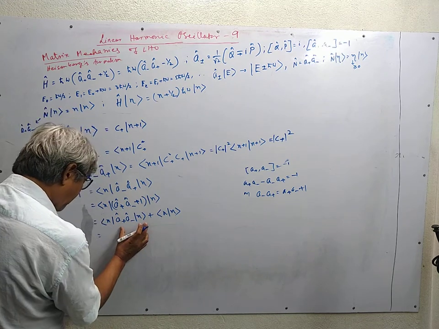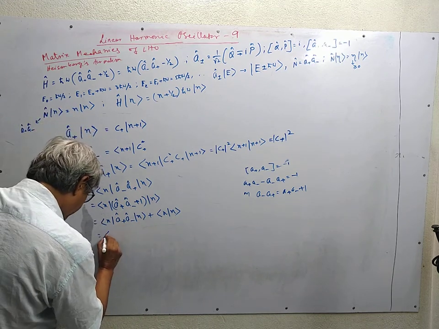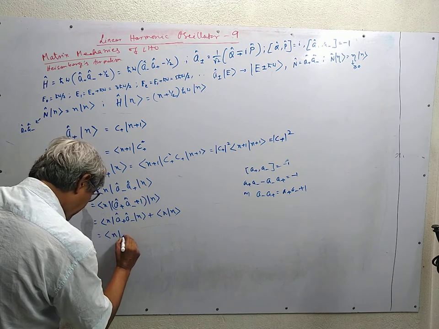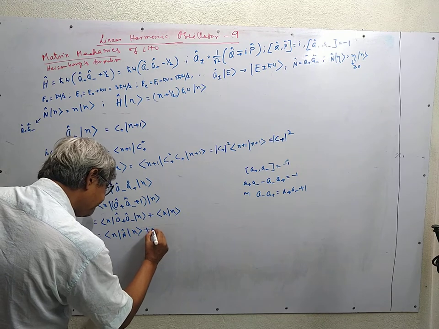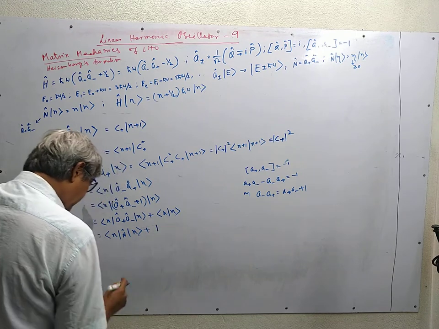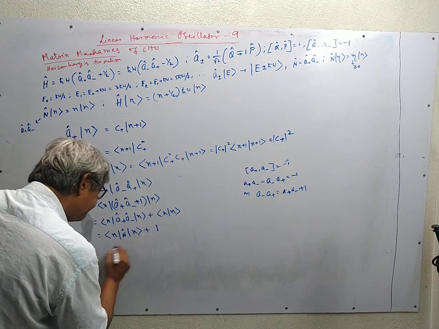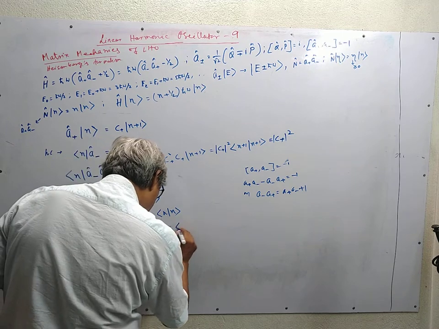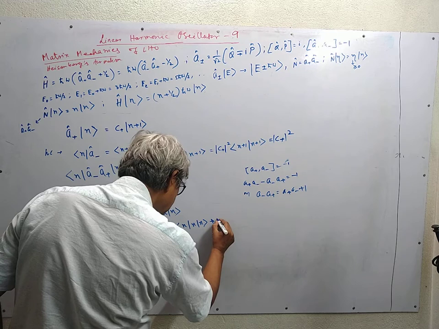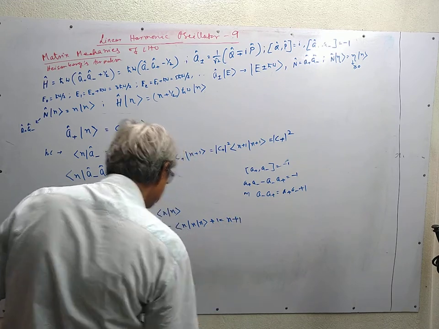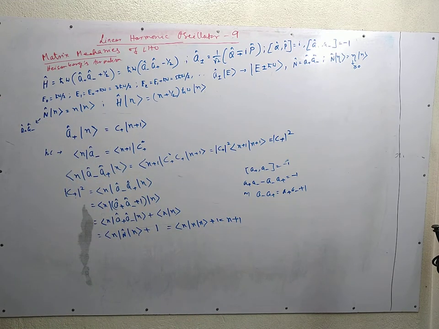And this part, when this operates on n, is the number operator operating on n. This is 1, and this is, so we see that this is